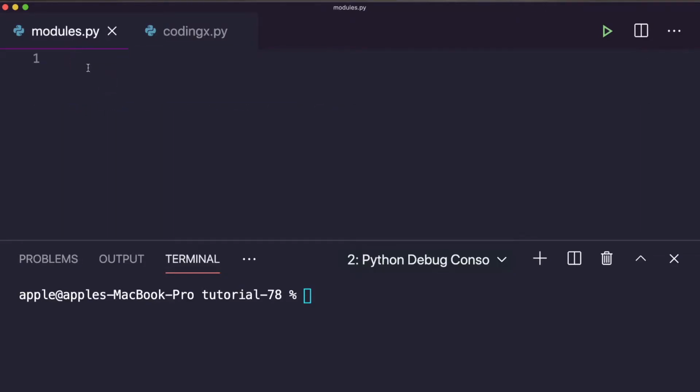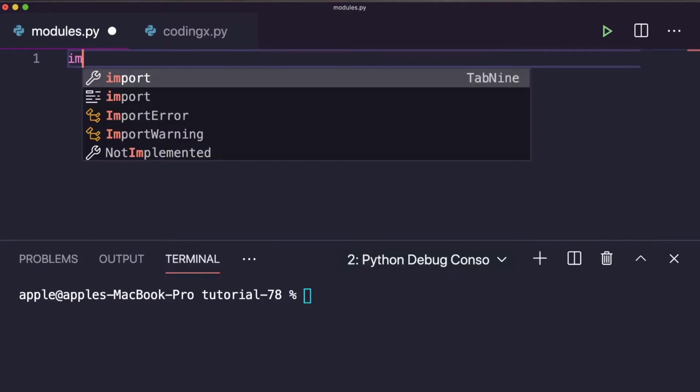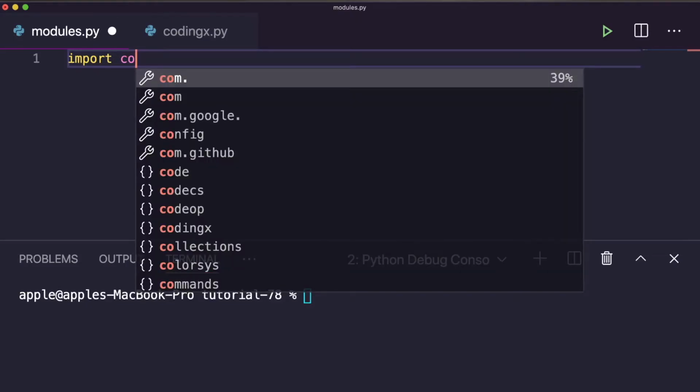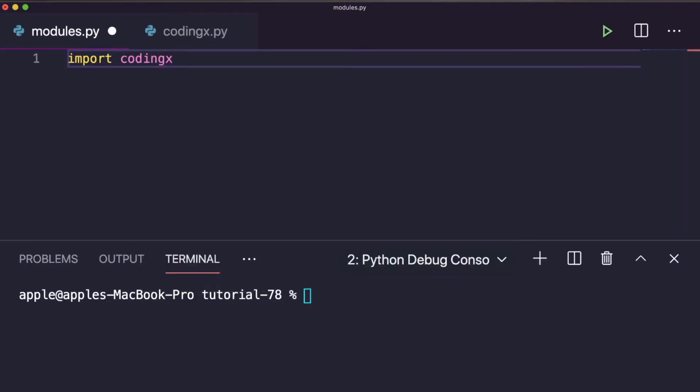So here we can use the import keyword to access this codingx.py. So here it is, codingx. Okay, so I have imported this codingx module using import codingx.